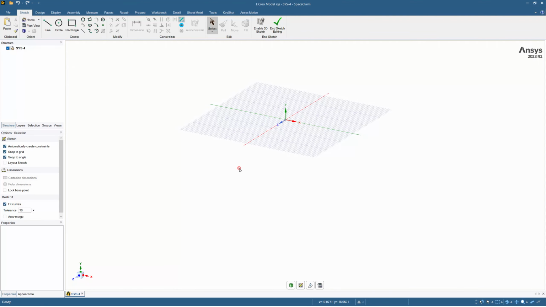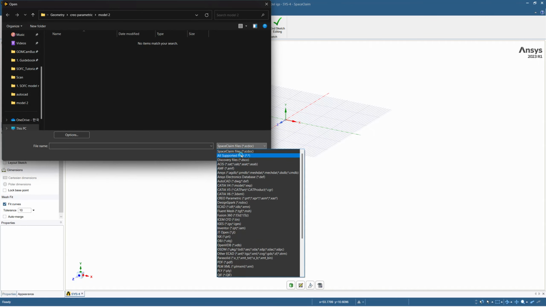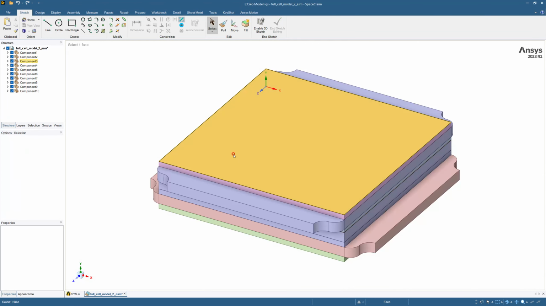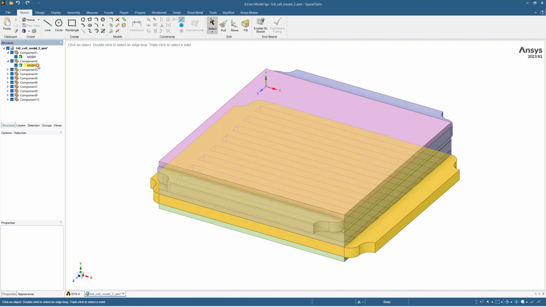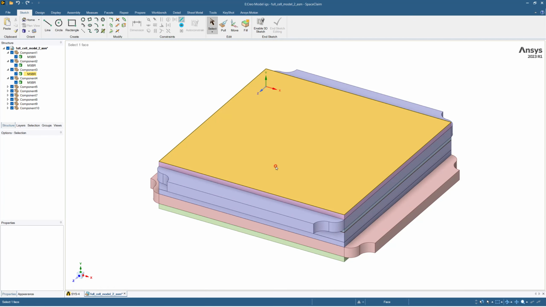Right now there's no data in it, so we will open it, and again all supported files, and we should select the IGS format now. Now we get our model from Creo Parametric, but it named all the components itself, not the part names that we gave, but we got it all as a solid geometry now. And you see full cell model to assembly,